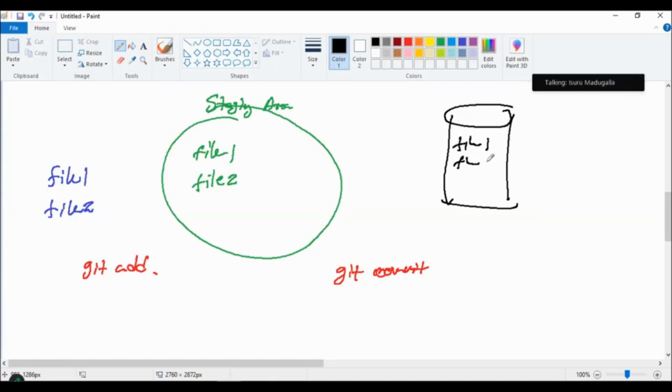File 1, file 2. This is the first version of the file, and this is the first version of file 2. Then let's assume you are making some changes to file 2. Then it will become the second version of the file. But if you still haven't added this second version of file 2 to the staging area, because we are still not